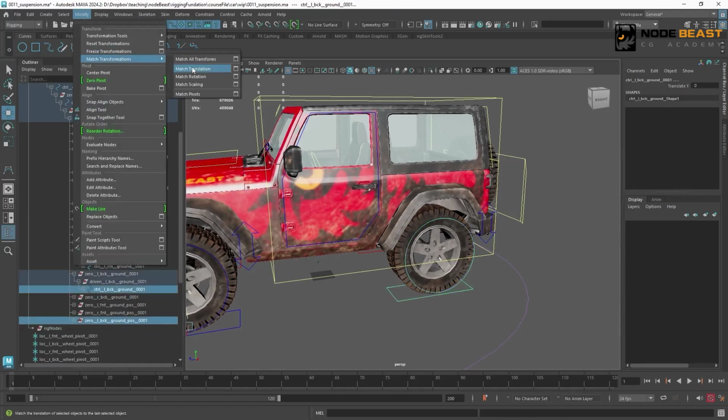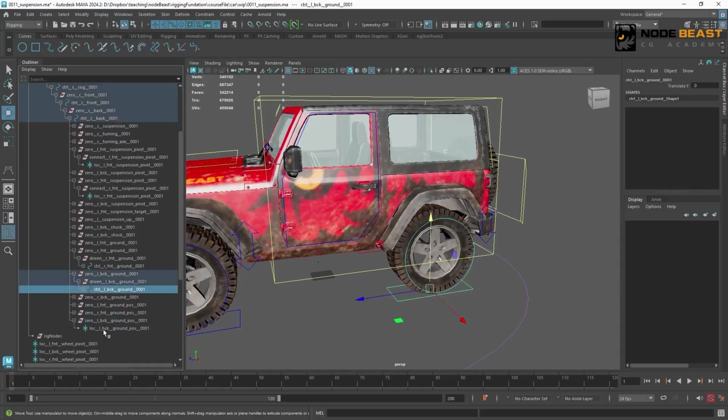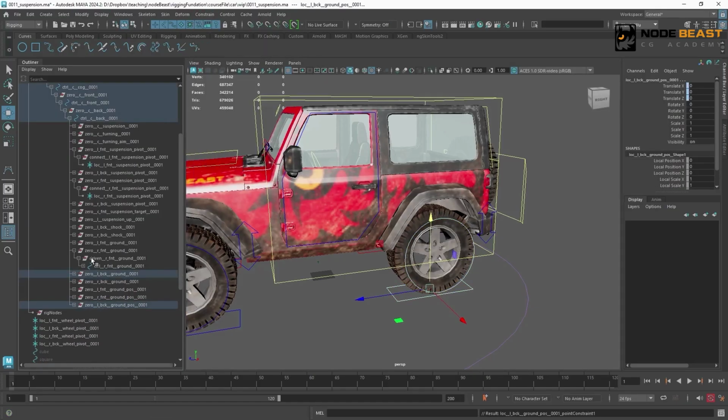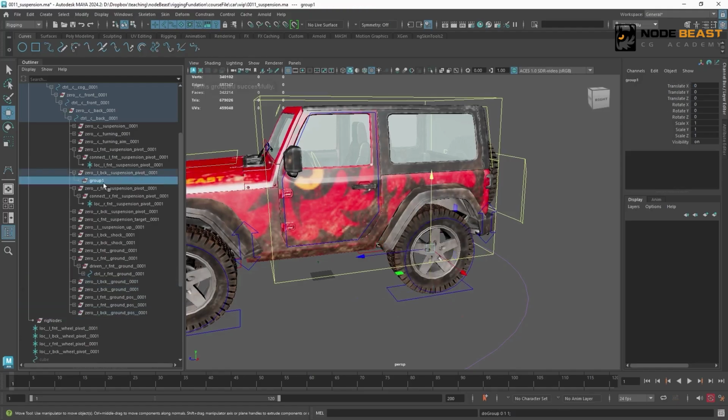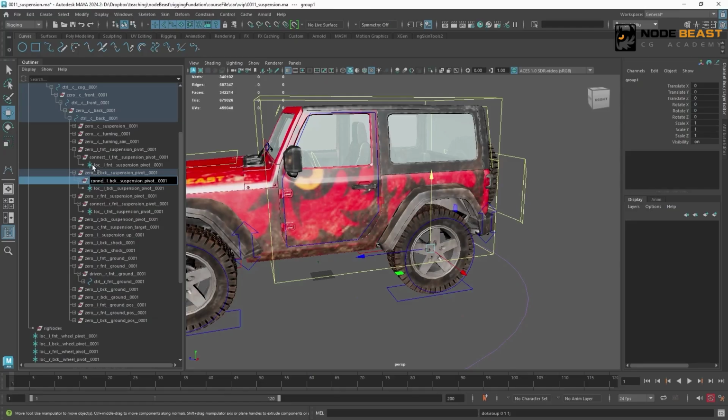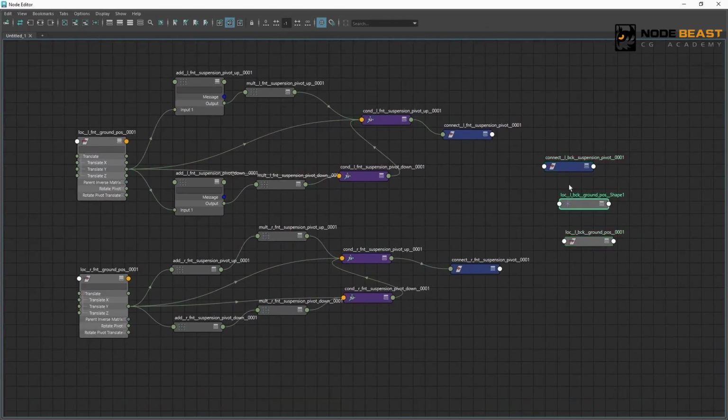Snap it over. Then use the controller to apply a point constraint to the locator. Then create a connect group above this shock locator. Then same operation, select these two nodes, add them to the node editor.